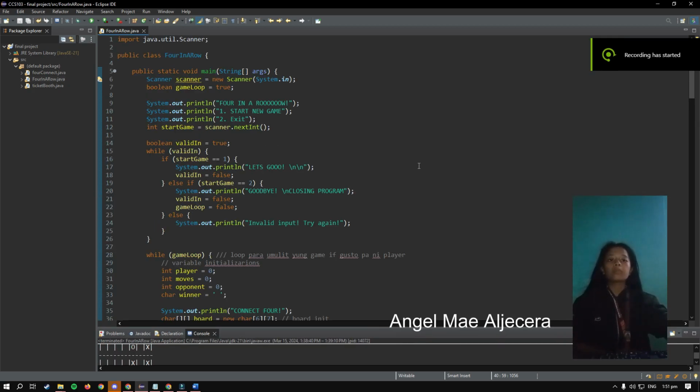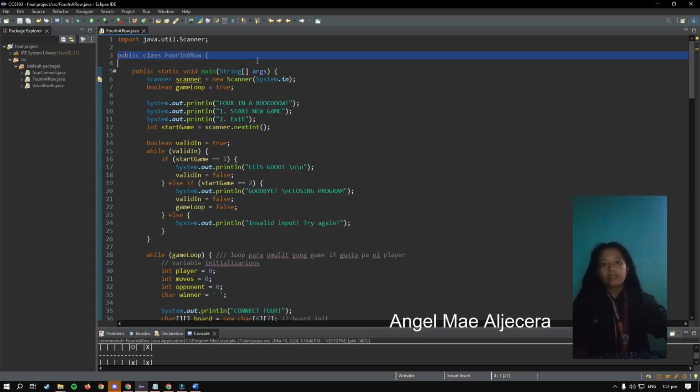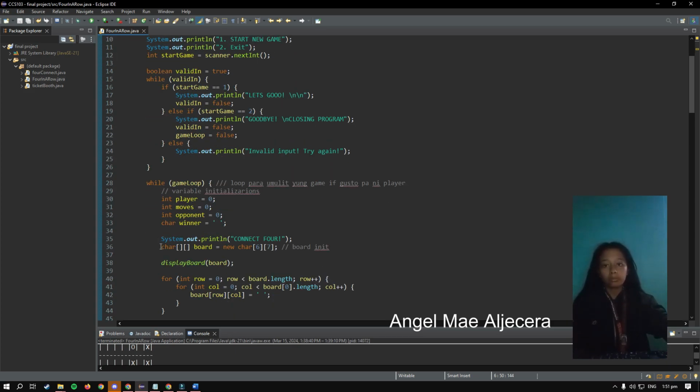This is our prelim group research in Computer Programming 2, and we made our own source code to implement the Bingo Lineup or Four in a Row game. In this code, we initially import the Scanner to facilitate the user and make the game interactive. We declared a 2D array that will serve as our board. It has a row size of 6 and a column size of 7, following the actual size of the actual